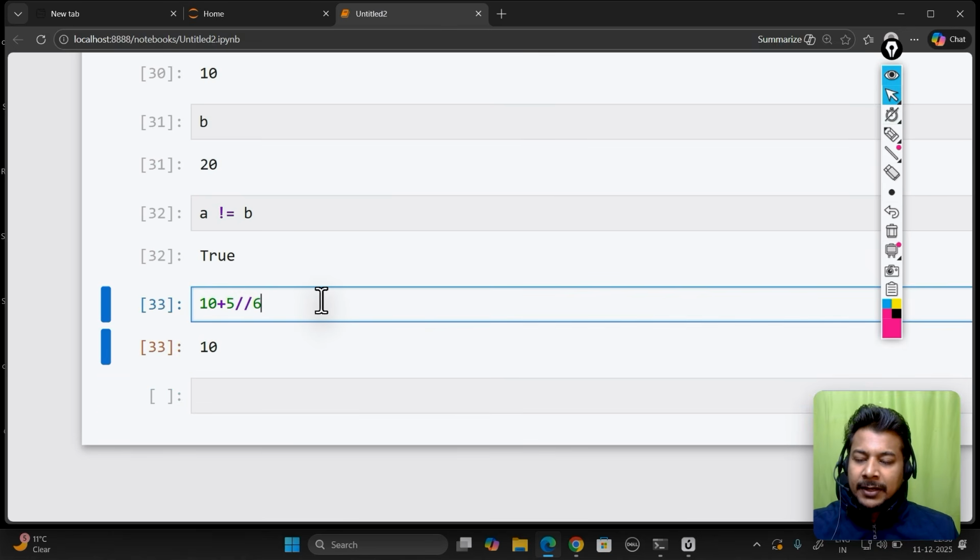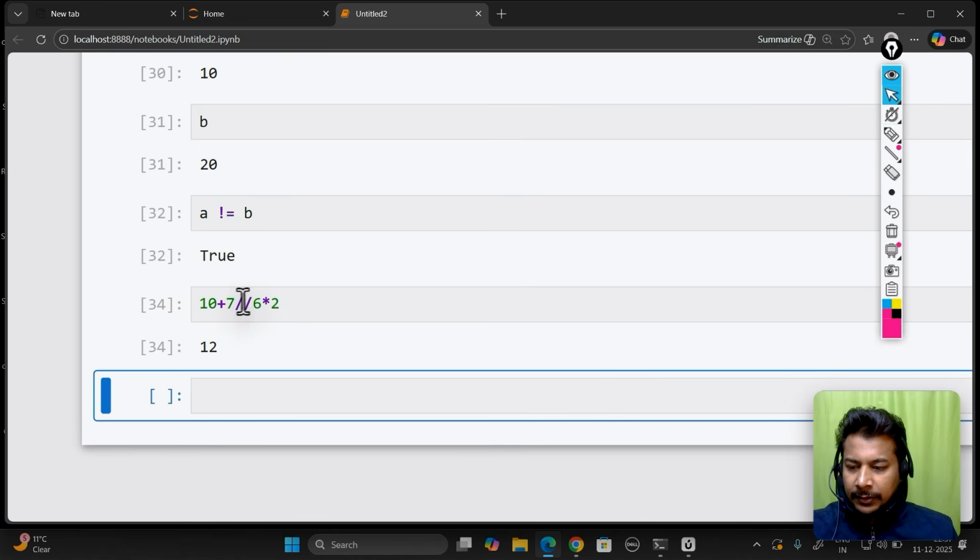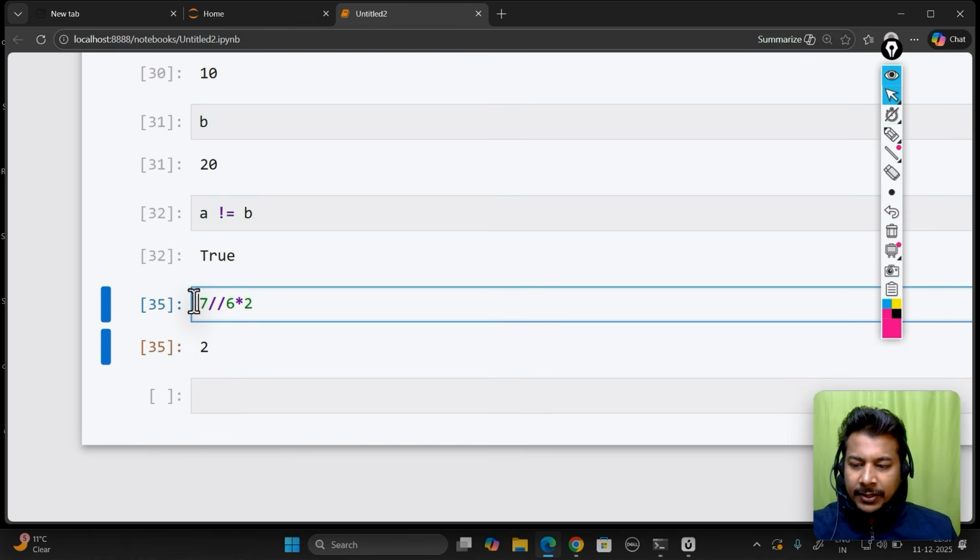And consider whatever this value is, if I multiply it with 2, if I make it 7, divided by 6, and then multiply by 2, right? So I want to know the precedence order. So consider 10 plus